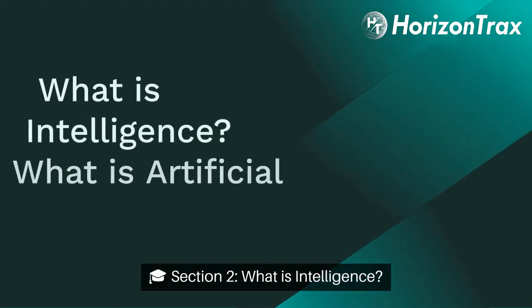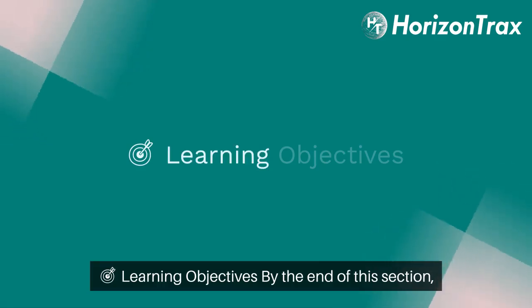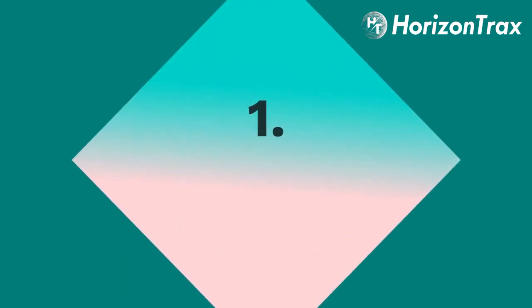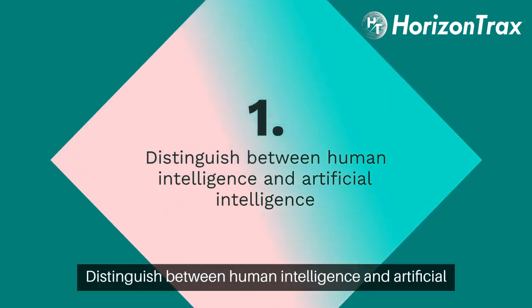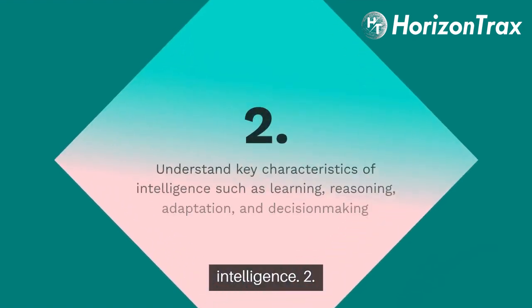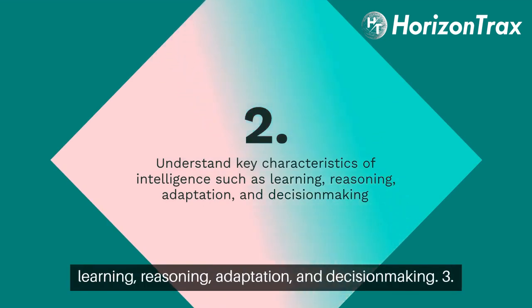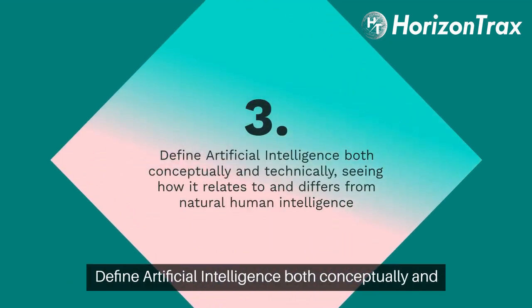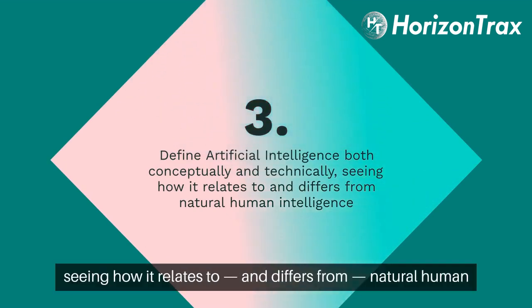Section 2. What is intelligence? What is artificial intelligence? Learning objectives. By the end of this section, learners will be able to: 1. Distinguish between human intelligence and artificial intelligence. 2. Understand key characteristics of intelligence such as learning, reasoning, adaptation, and decision-making. 3. Define artificial intelligence both conceptually and technically, seeing how it relates to